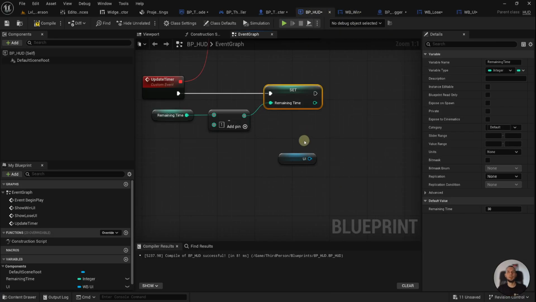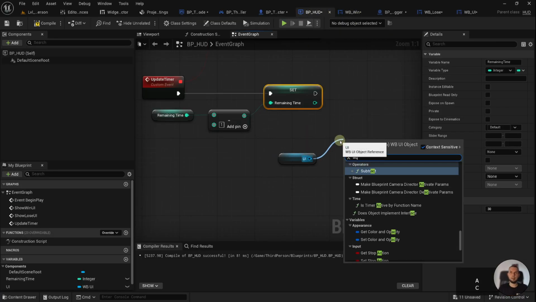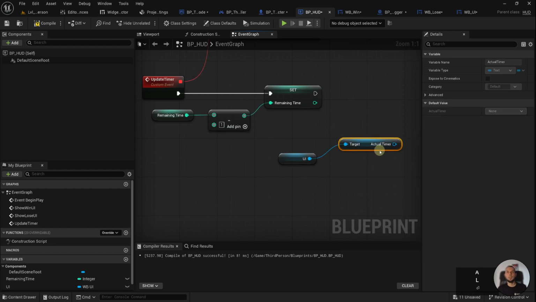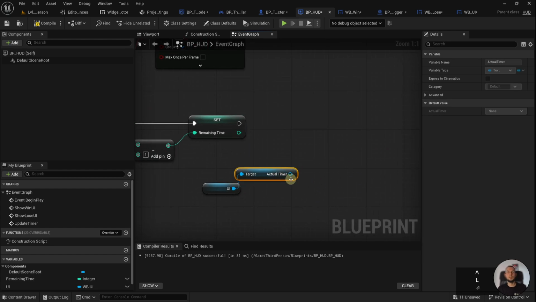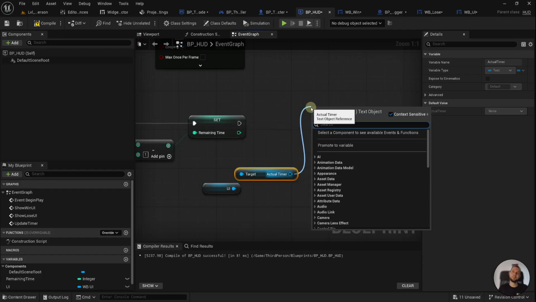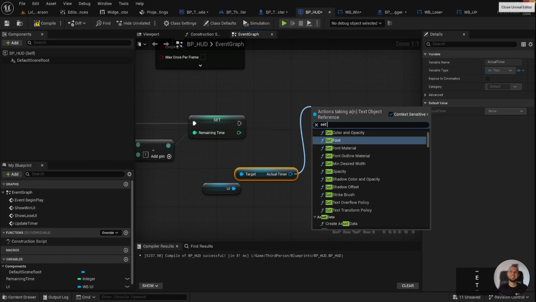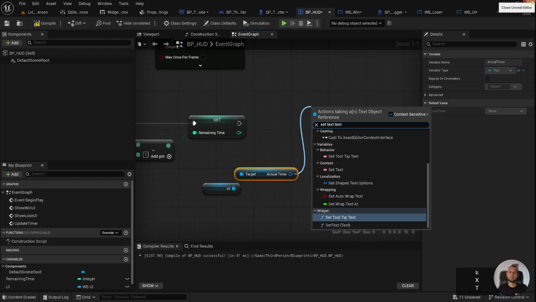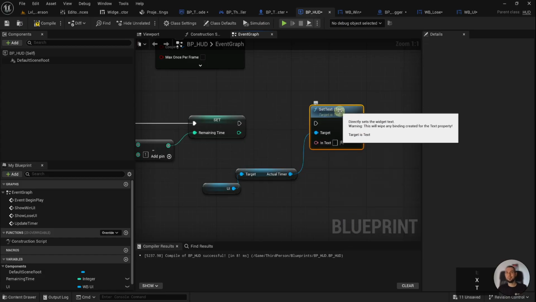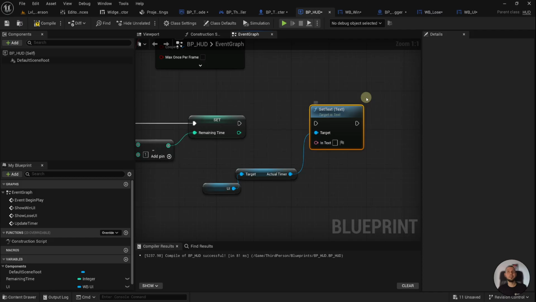So now I'm going back here and I'm going to get Actual Timer. And from this one, I want to get, I really like the name of this, Set Text, which might sound a bit funky,